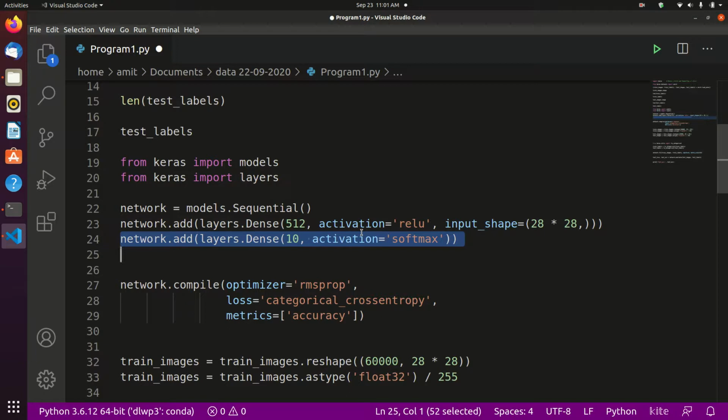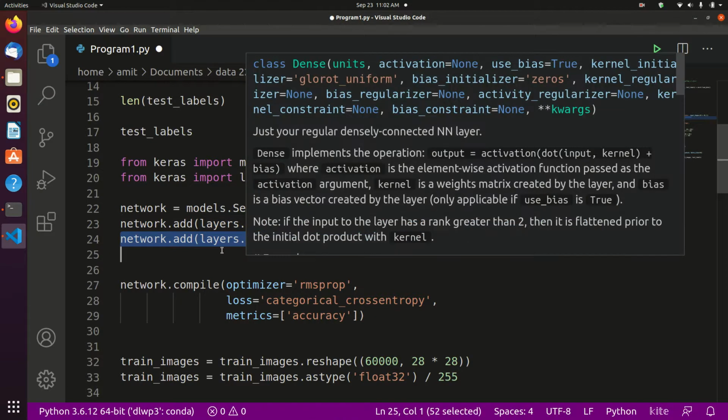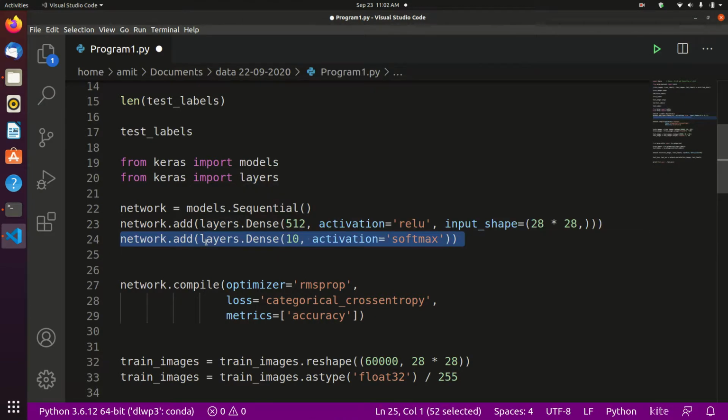These are fully connected neural layers. The second and last layer is a 10-way softmax layer, which means it will return an array of 10 probability scores.